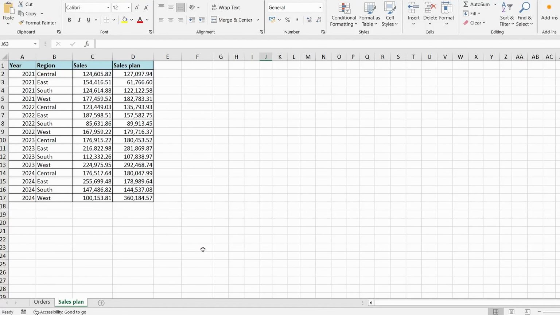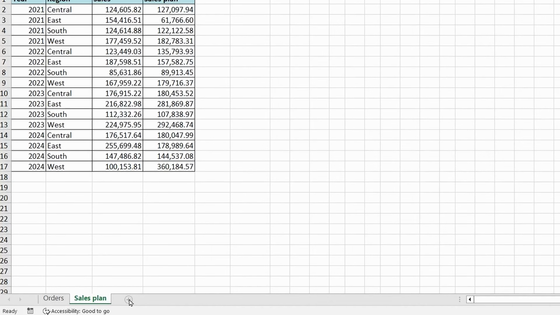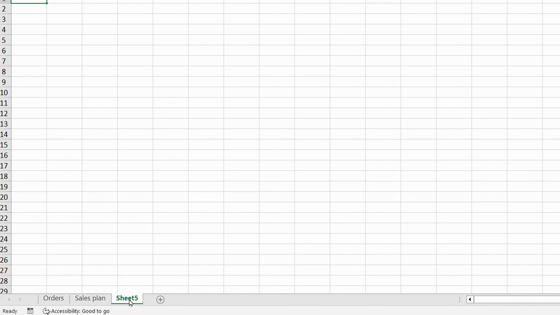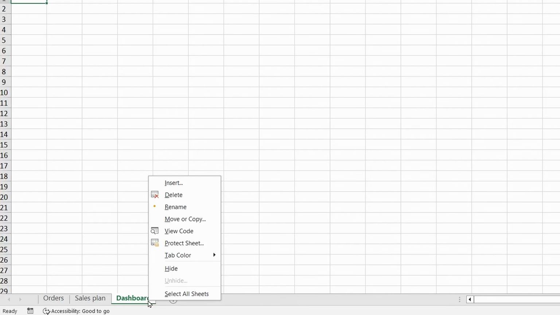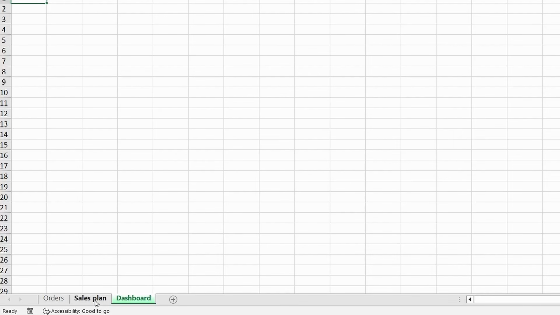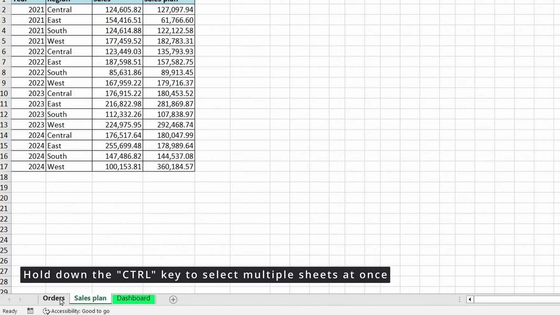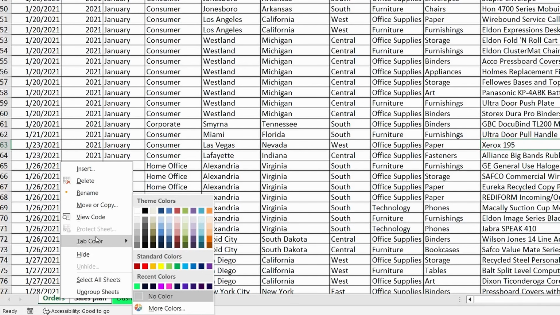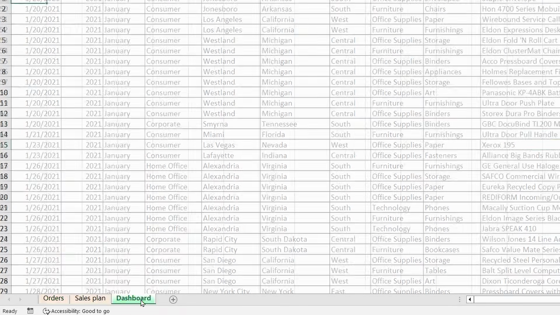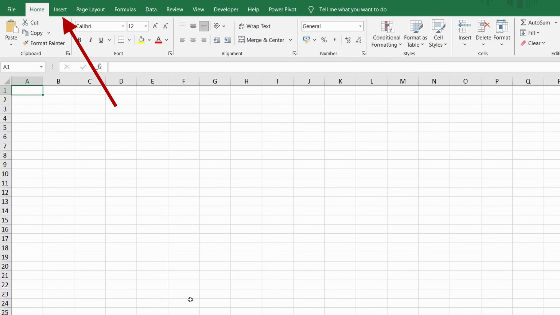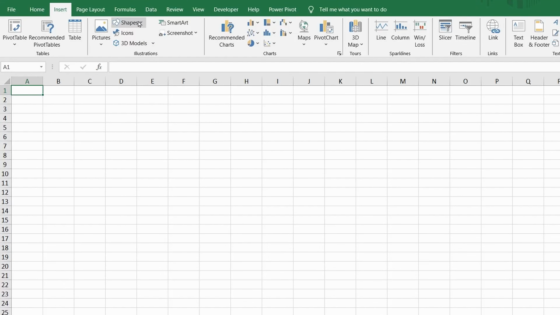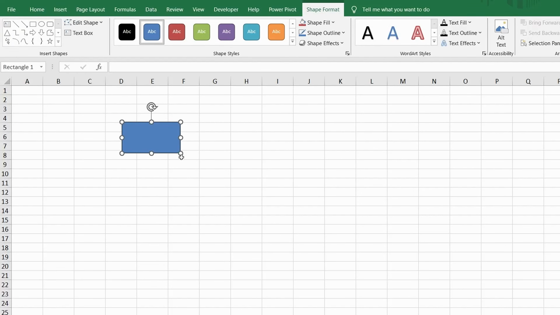Alright, we've settled on the block arrangement, which means it's time to create a new sheet in the Excel document. It is crucial to name each sheet to easily navigate the document and not get confused later on. Hold down the Control key to select multiple sheets at once. Using the Insert tab, I will insert a regular rectangle. It is from this shape that the blocks of my dashboard will be built, and to set the correct size,